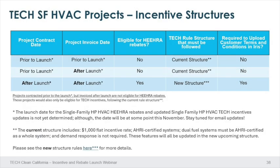To help answer a question that will be asked frequently around the rules of when a sold project or invoiced project can qualify for HEEHRA incentives, HEEHRA rebates are not retroactive for any heat pump projects. If a project was contracted prior to the launch of the program and the invoice date is prior to the launch of the program, it will not qualify for any HEEHRA rebates, but can qualify for the tech incentives on